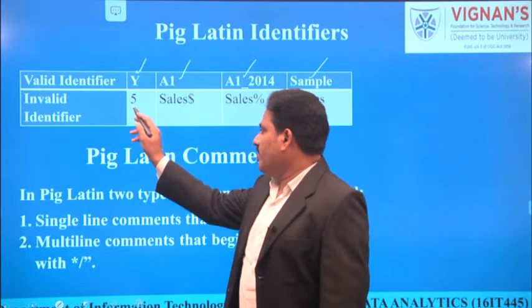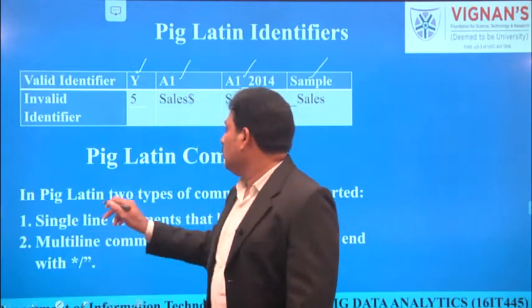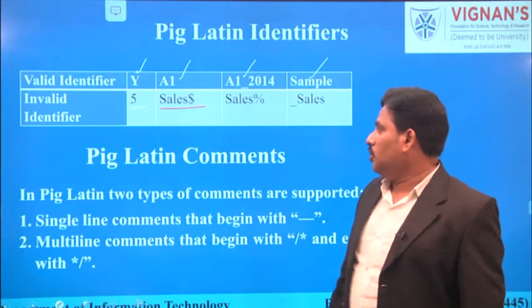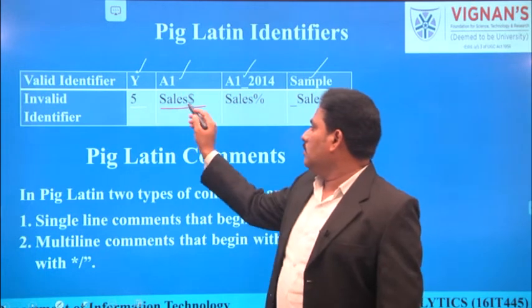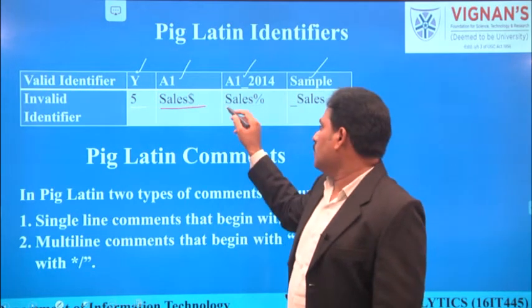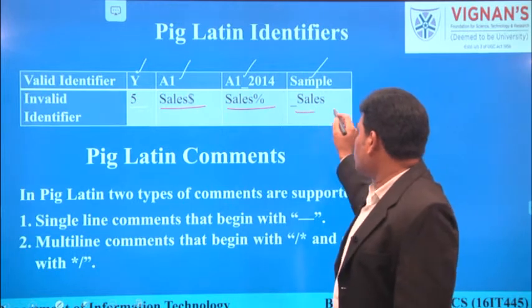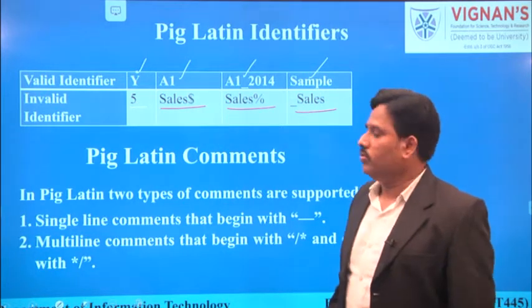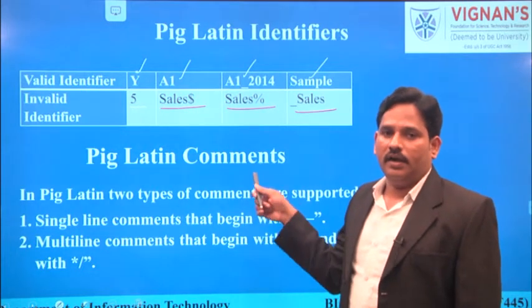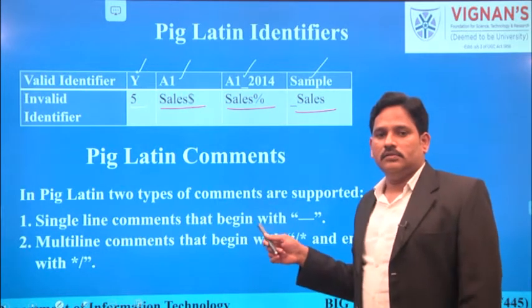We can't declare a variable starting with a number. And there should not be a special symbol like the dollar symbol. Like here, there should not be a combination with dollar special symbols. Here also, the percentage symbol is not allowed. An underscore symbol before the name is also not allowed. So these are the valid identifiers and invalid identifiers which are going to be declared in Pig Latin programming and